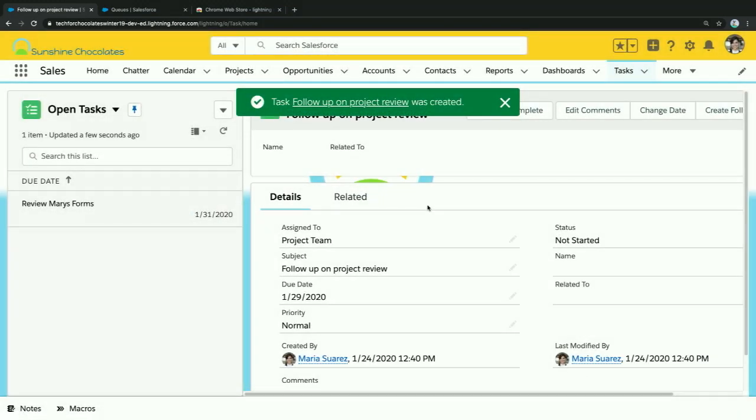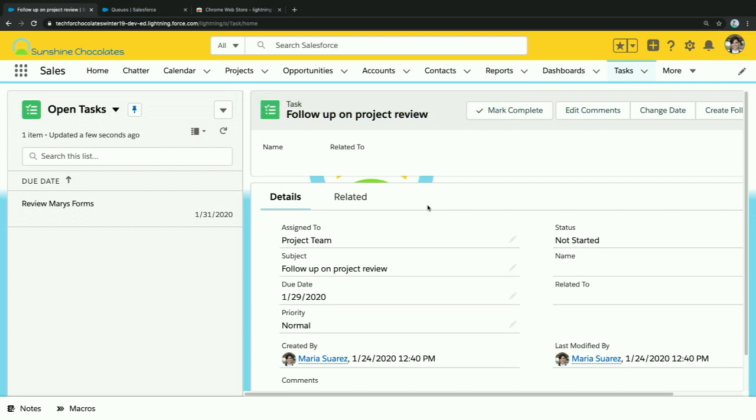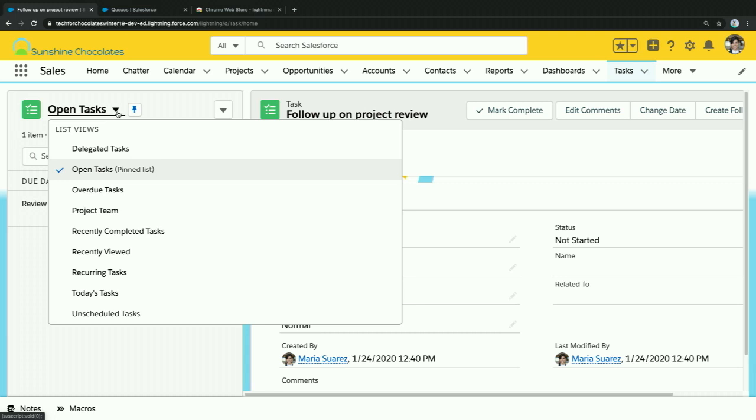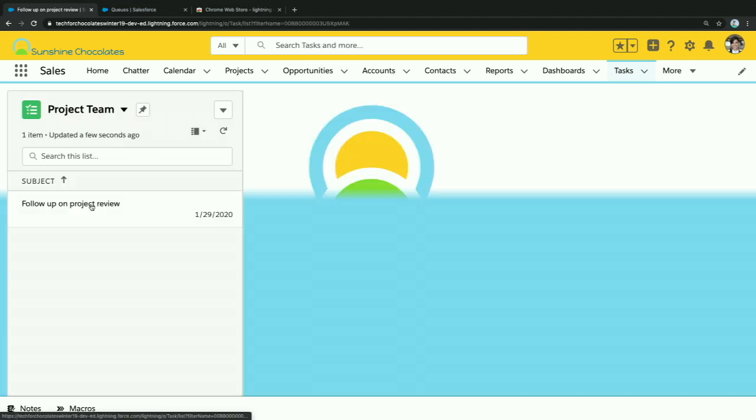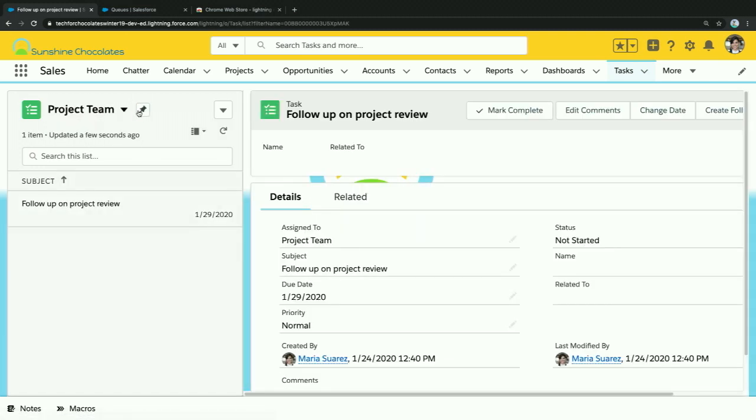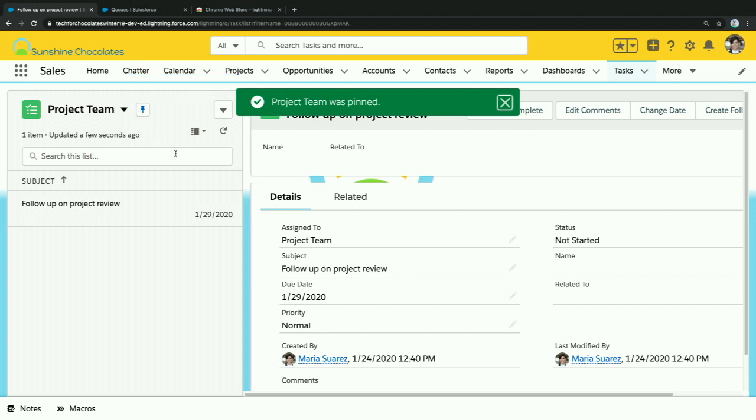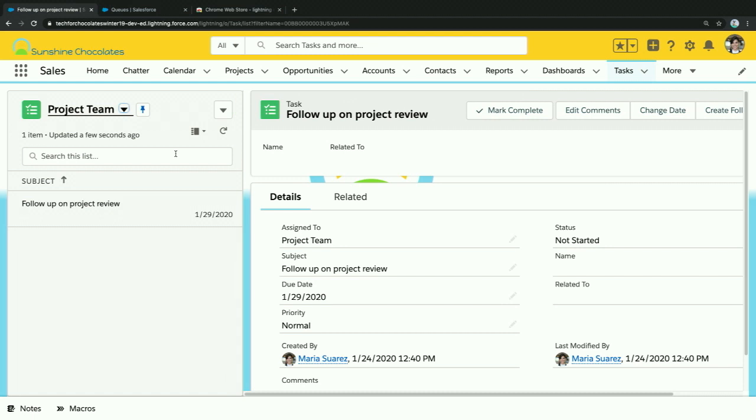So when you create your queue in setup as an admin, it's available as an ownership option. There might be a little bit of end user training there, but often with queue ownership, you're using that as part of your automated processes and automated assignment. But that would be an area where as admin, you can just instruct your users, hey, just so you know, here's how you can assign to a group. And also important to let them know that when you created that, you also got a nice list view available as well. So you can view all of the ownership there, and you could also view ownership by filtered lists and all of that as well. But so that is the first thing I want to show you.